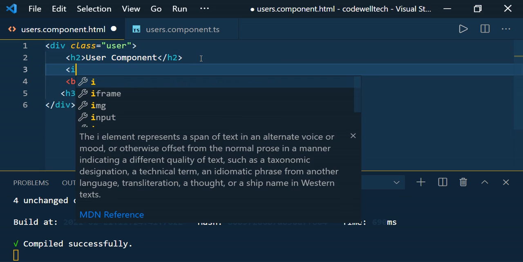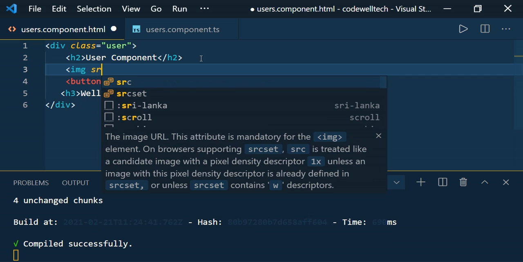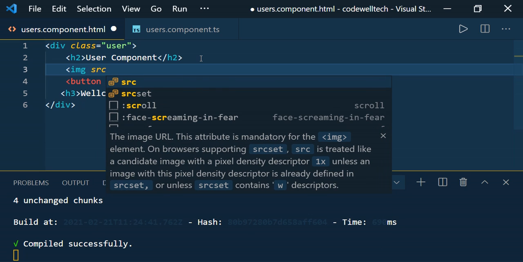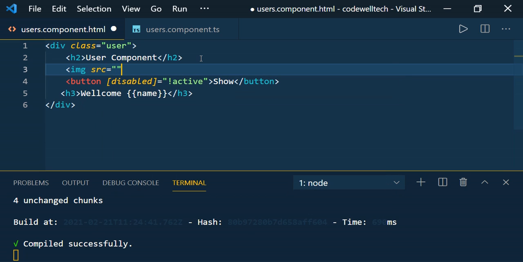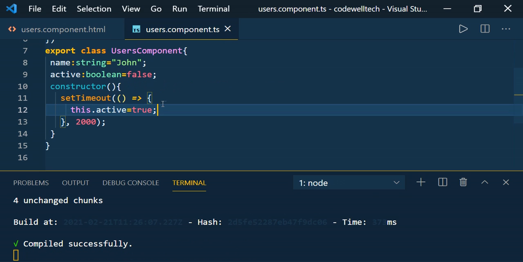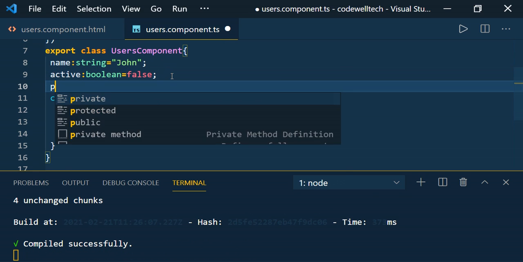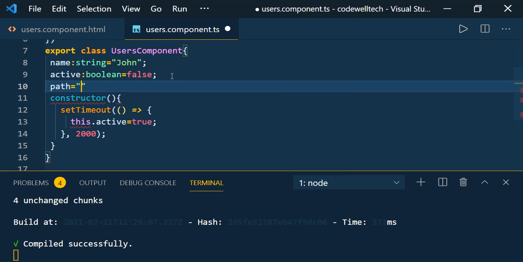For example, if you want to set the source of an image, you can use the image tag like this, and inside that we'll assign the value. Here we should enclose this within the brackets like this. And then we need to mention one variable like path, and you can give any path value.